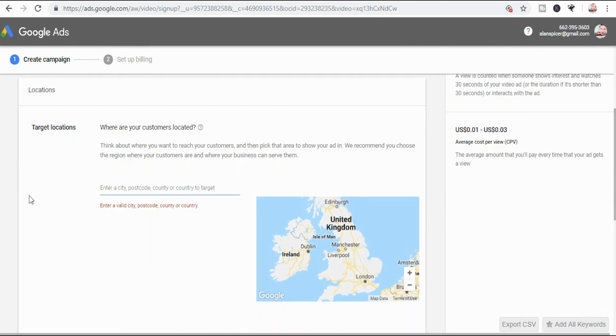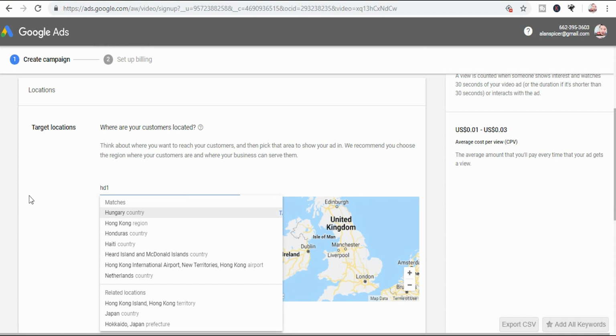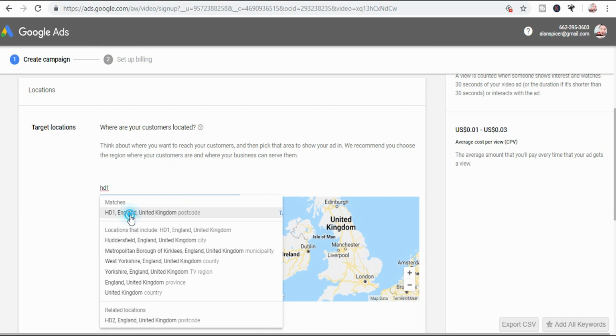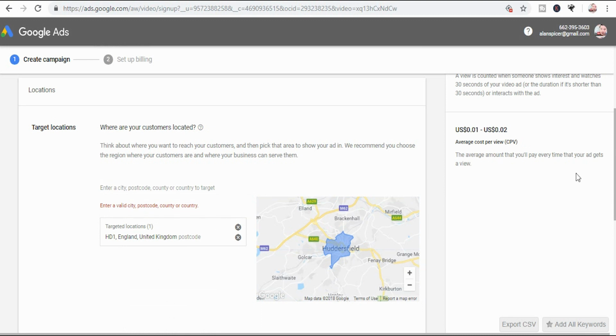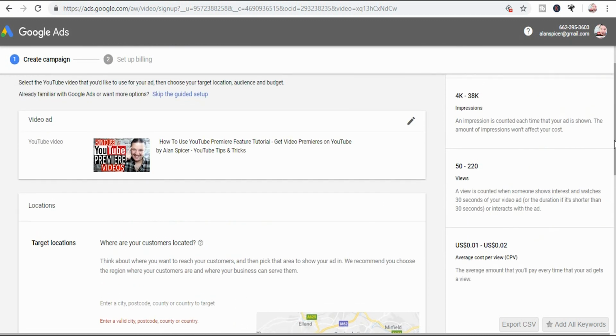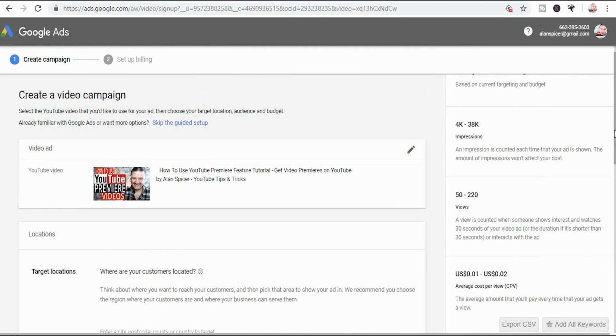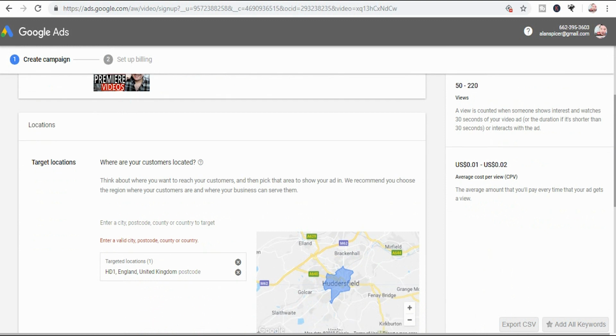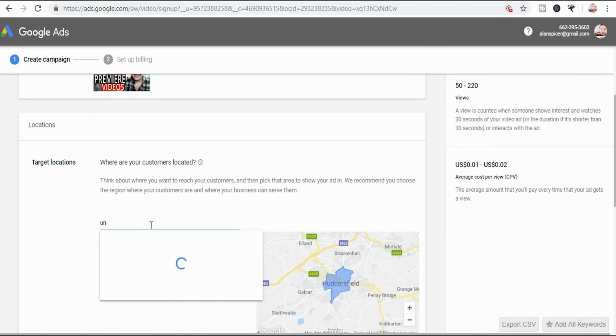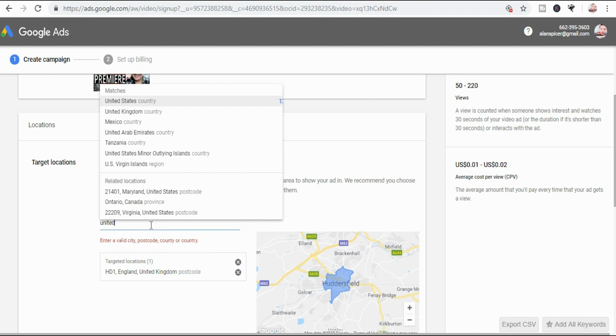You enter your postcode, so in my case I'll put in something like Huddersfield HD1. The map zooms in, and this is where I want my customers to be located, and then you'll notice it jumps down to 50, 220, 4K impressions, that kind of thing, right? So that's a very niche area, or I could just go for United Kingdom,